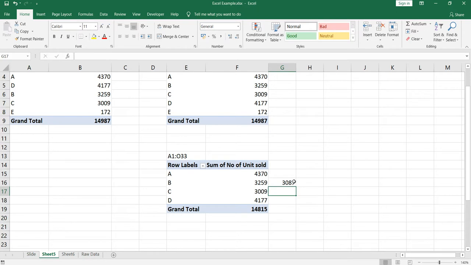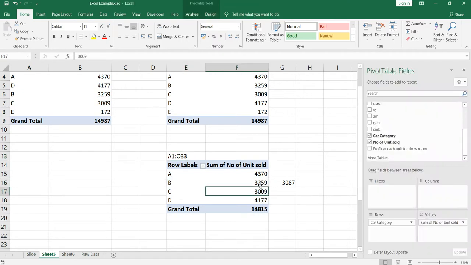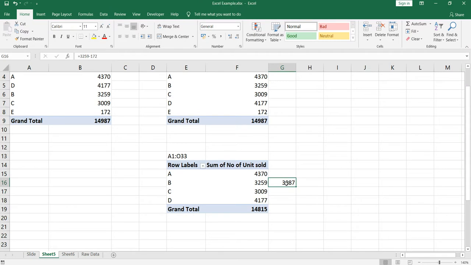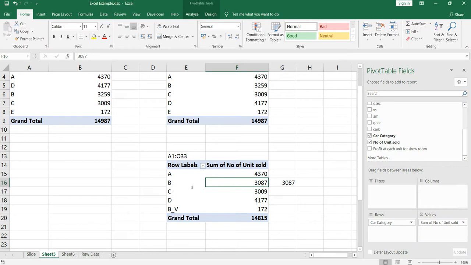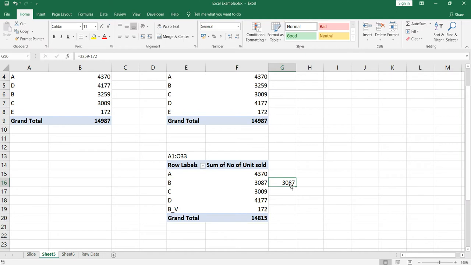So when I refresh this, as the range is A1 to O33, it will show me the new category which I have updated there, B underscore V, and it will show me the updated number of units sold for category B, which should be 3087. So let's refresh this. There you go. B category has units sold as 3087, which I had shown you after minusing 172.